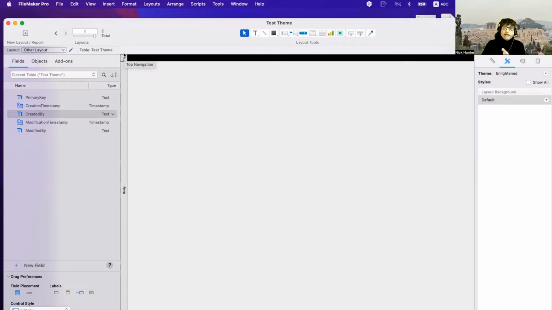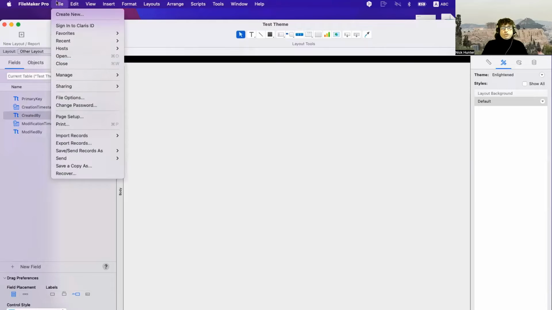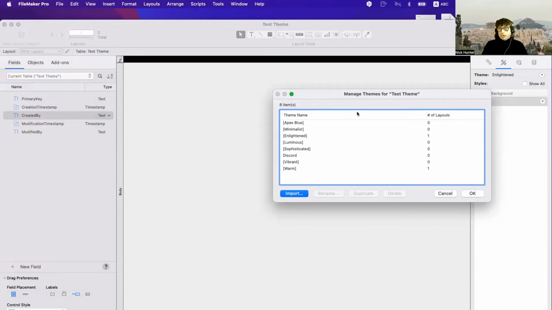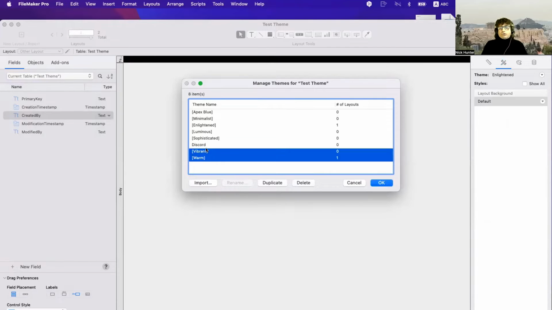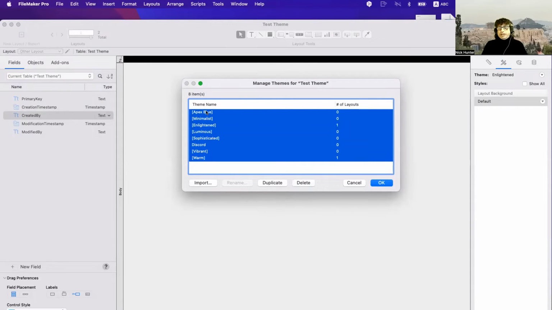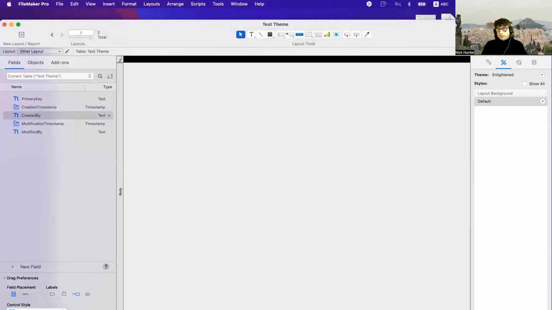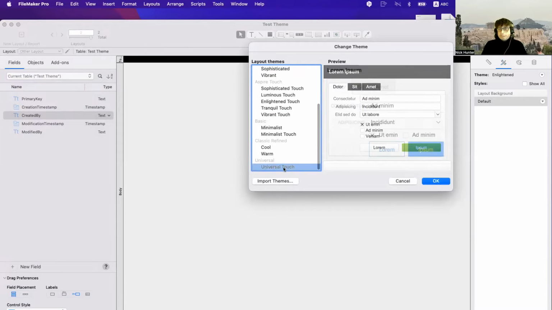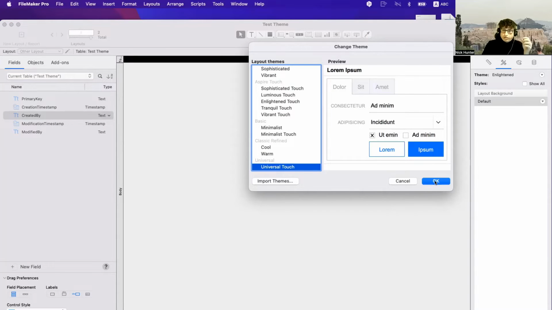One layout can only have one theme, but you can have multiple themes inside the same file. And if you go to Manage Themes, you see what's going on. I have all those themes because each time you select a theme and you apply it to a layout,